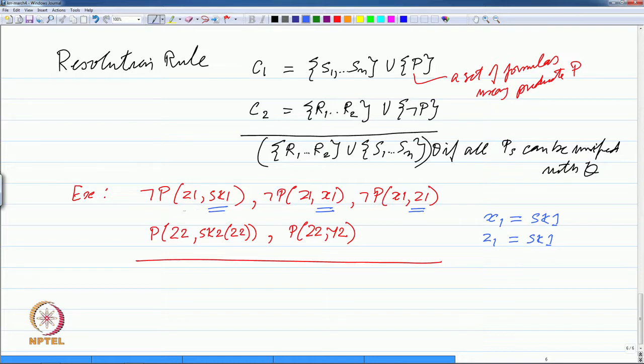They will all become not P sk1 sk1. So, z1 will get replaced by sk1, and so on essentially. The goal is to convert all 3 into that, and then from the second clause supposing we choose this z2 is also sk1, then all these underlined things will become sk1,